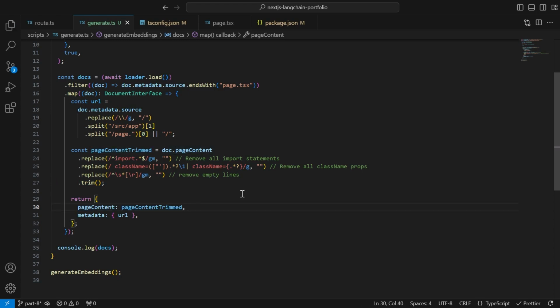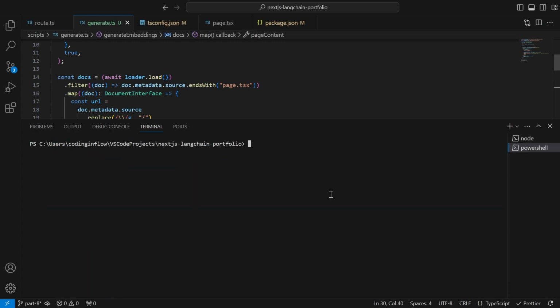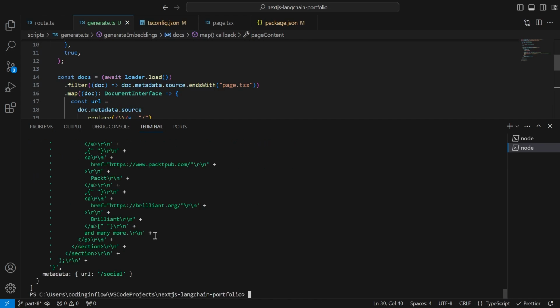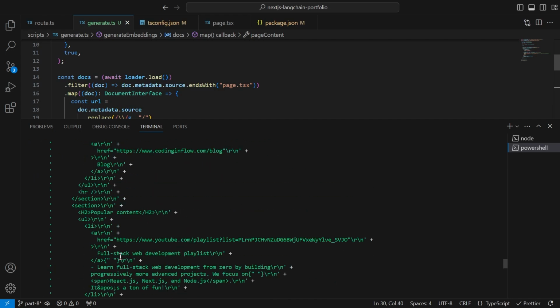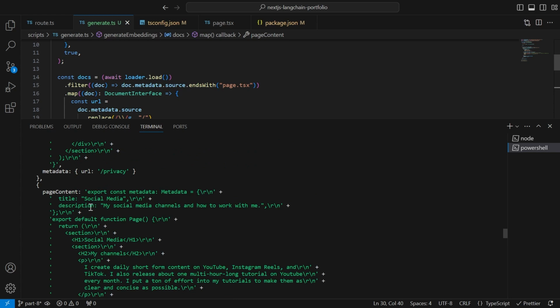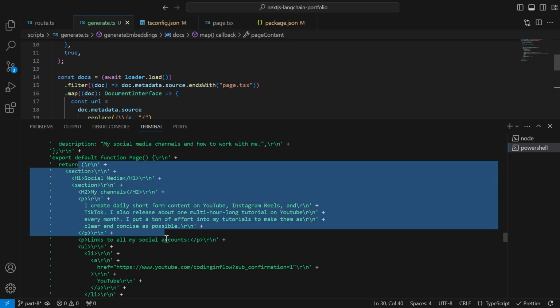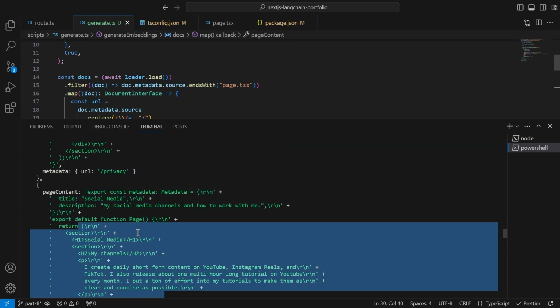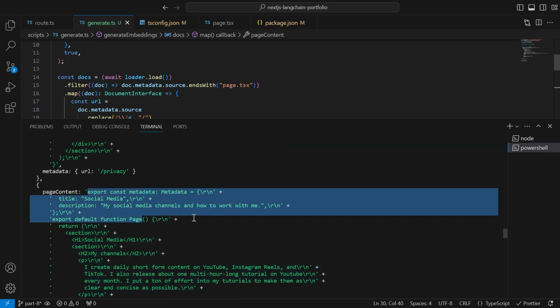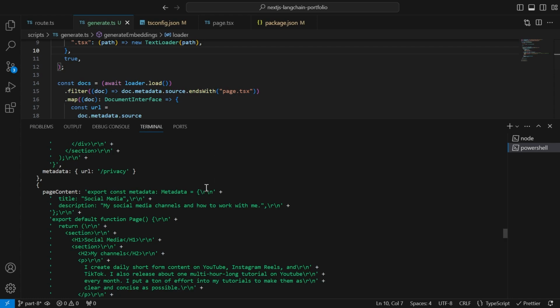So let's save this and try this out again. Again, npm run generate. And now we have our trimmed files. So as you can see, the import statements are gone and all the class names are gone. We still have our HTML tags and our metadata, but this is fine because ChatGPT is smart enough to understand